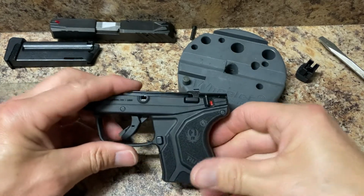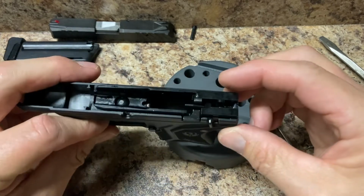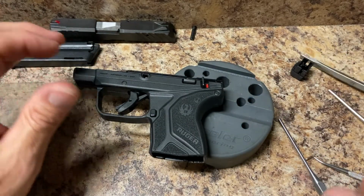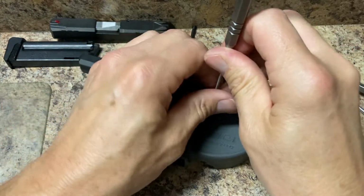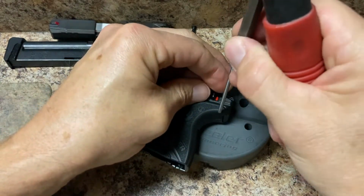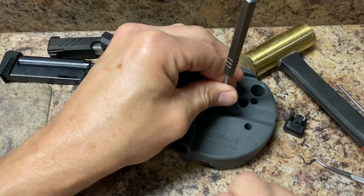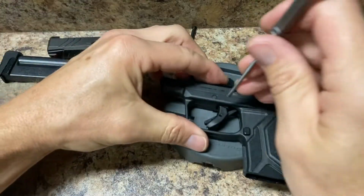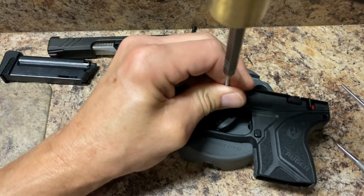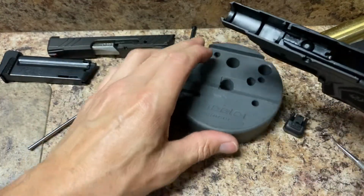Then you want to take out the two pins that hold this frame in place. I don't believe you need to take out this third pin right here. This is from memory, so we will find out if I'm wrong. That front and rear pin hold this chassis in place. Now we want to work the chassis out